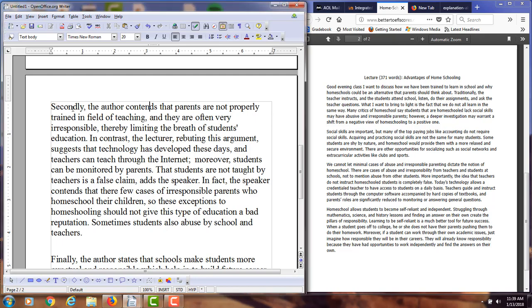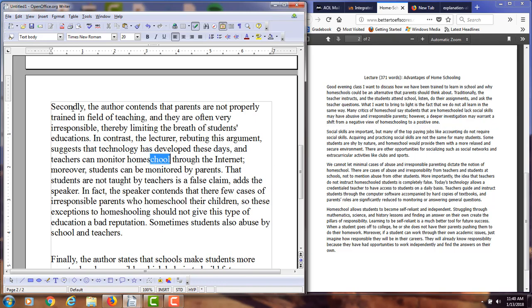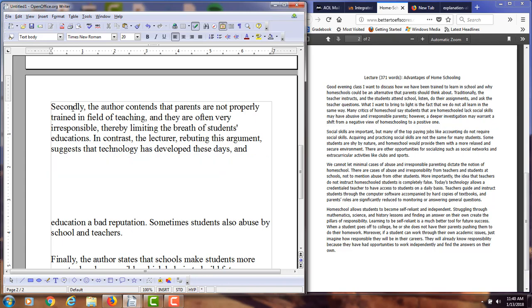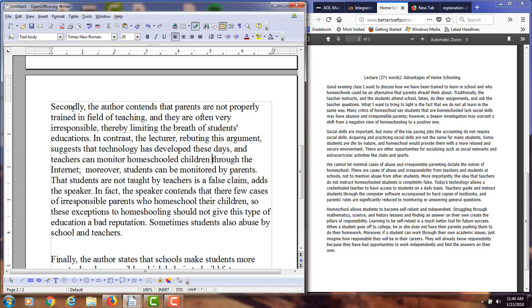So secondly, the author contends that parents are not properly trained in the field of teaching. They're often very irresponsible, thereby limiting the breadth of students' education. Maybe say education's here. In contrast, the lecturer rebutting this argument suggests that technology has developed these days and teachers can teach through the internet. Can maybe monitor homeschool children through the internet. Moreover, students